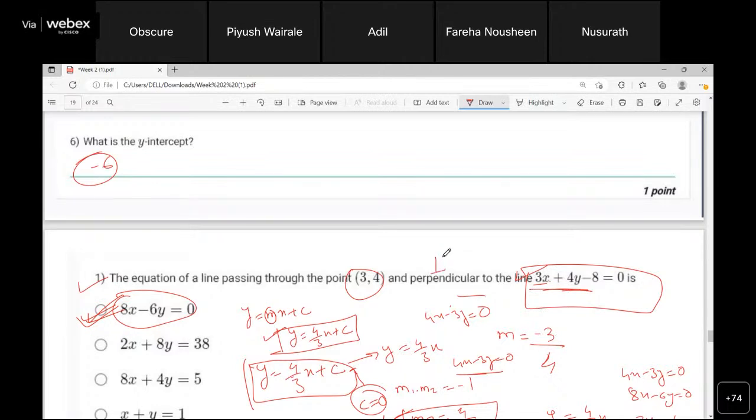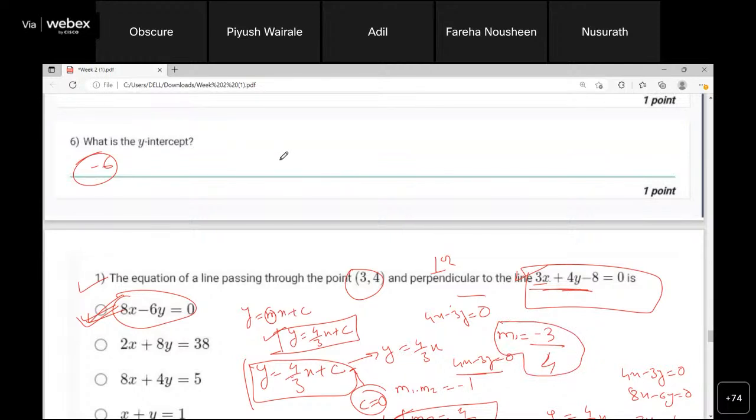Now the line is perpendicular to this line, right? So this is m1. You understand how we find it? Now we are saying this line is perpendicular, which means if the slope of that line is m2, then m1 into m2 should equal minus 1. If my line is perpendicular, this condition should be satisfied. Now m1 is minus 3 by 4 and the product is minus 1, so minus minus will get cancelled and m2 equals 4 by 3. Now m2 is 4 by 3, right?